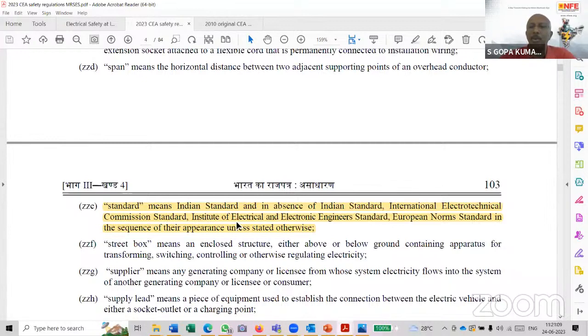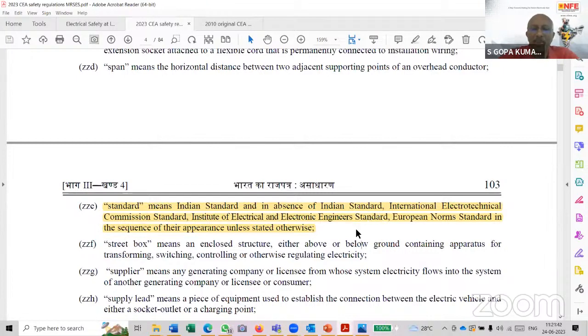Actually, I don't know what this European norms standard is. So all these are allowed. But do you think that in Europe somebody will allow, at the last of the sequence, if nothing is available, to follow Indian standard? Will a European nation allow Indian standard to be followed? I don't think so. No, we are allowing our electrical installations to follow European norms if there is no Indian